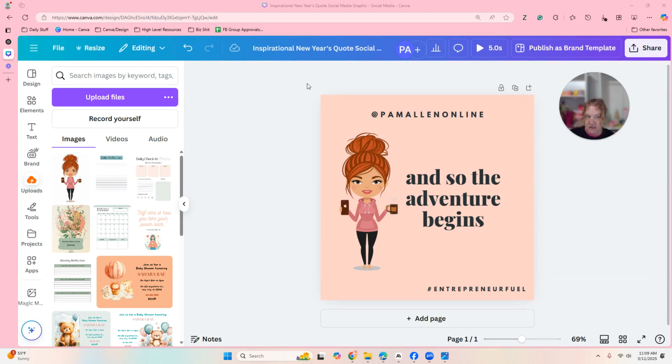Okay, so I'm going to be showing you how to use Bulk Create in Canva. It's an app that saves my life almost every day. Anyways, so I created this. I made this on my